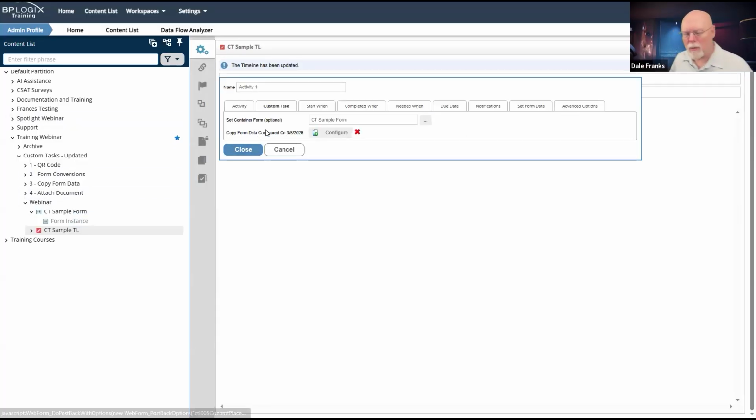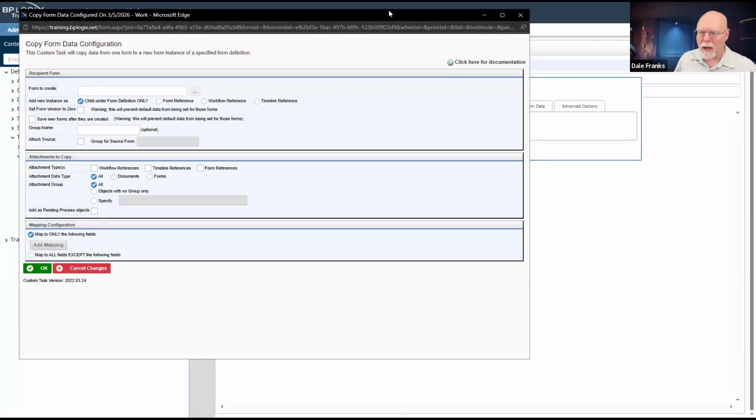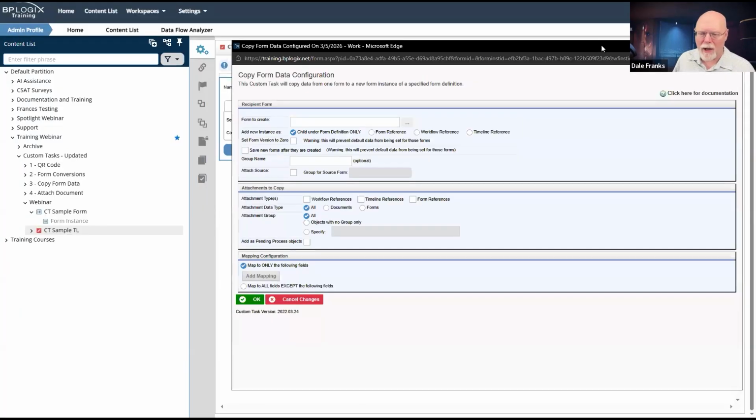So normally what you would do when you invoked your sub process, if you wanted to copy data from the parent form to a child form, is you would invoke copy form data right from the get-go as the very first timeline activity on the sub process. So before anything starts, before any user activities are assigned or anything like that, you would do a copy form data on your sub process.